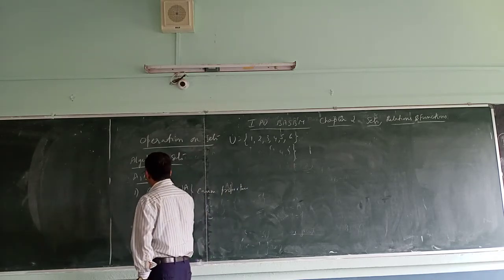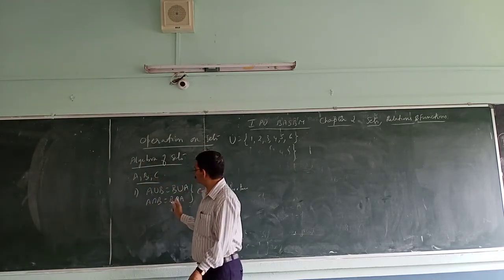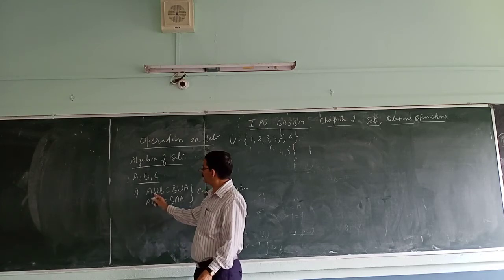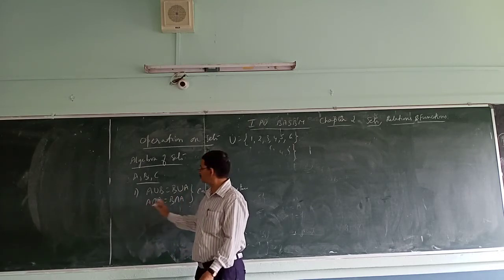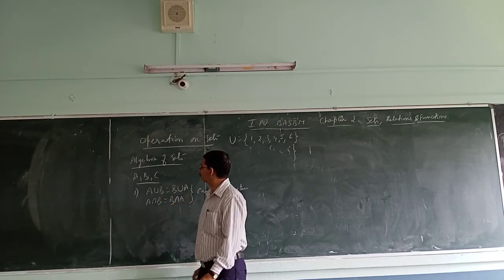So whatever applies here for union is also applicable for intersection. A union B equals B union A. A intersection B equals B intersection A. Next,